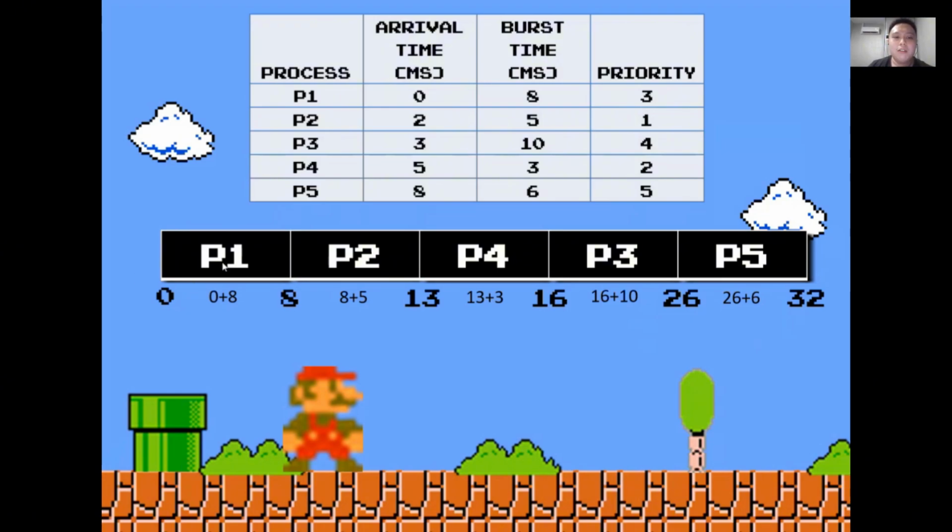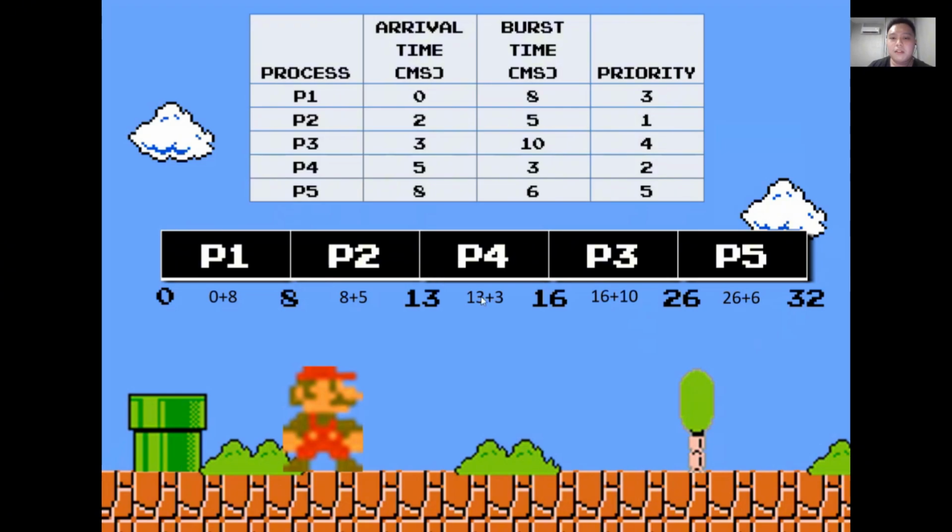Then the problem is, how do we calculate the P2 response time here? We use the P1 response time 0 plus the P1 burst time, which is 8, to get the P2 response time. It's the same also: we use the P2 response time 8 plus the P2 burst time 5 to get 13, which is the response time of